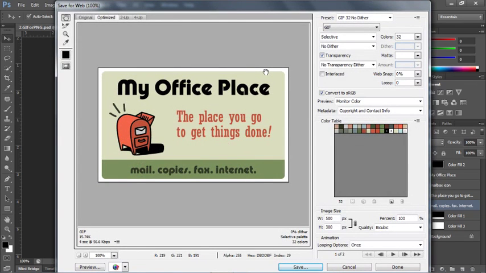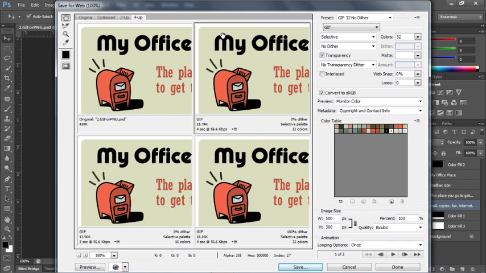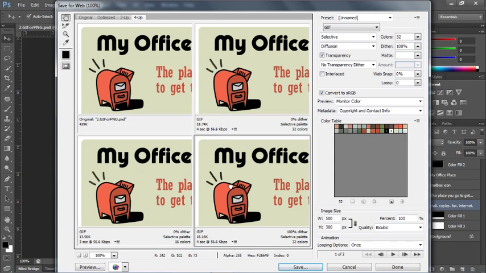It used to be called Save for Web and Devices, and before that it was called Save for Web, so it's nice to see that in CS6 they've reverted back to the simpler name for this dialog box. When the dialog box opens, you'll usually see your optimized image in a large box here. You could also show your original image, or what I like to do is the 2-up view, or preferably the 4-up view, which shows your original image at its full quality on the left, and then you have 3 opportunities to the right and below to change the different optimization settings so you can compare